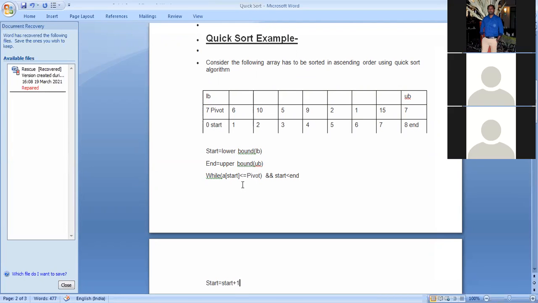Yes, the condition is true. Then simply the start value is incremented. So the start value is 0 plus 1, that means now it is 1.